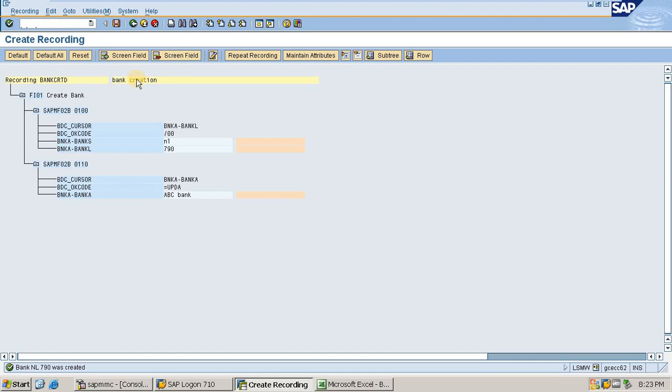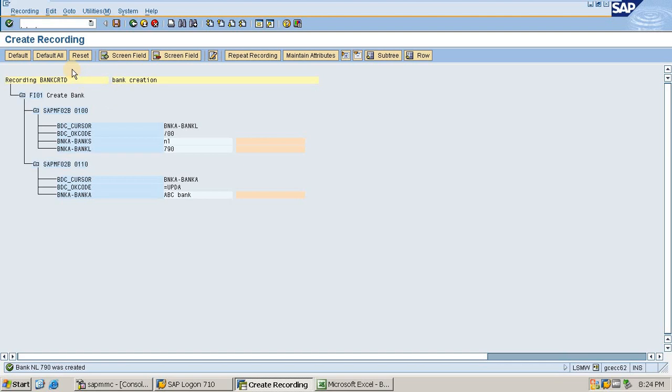In fact, the SWIFT code that should be used, you can enter that field as well. So here SAP will provide you data in this format. The reason being, the transaction that you have recorded is being read by SAP, and SAP has offered all of them in this format.